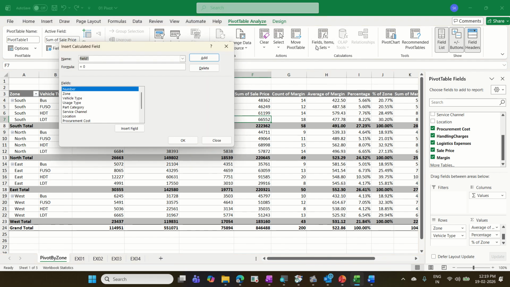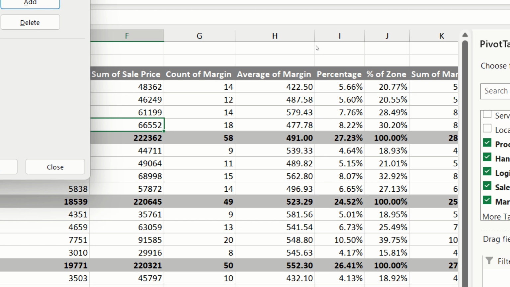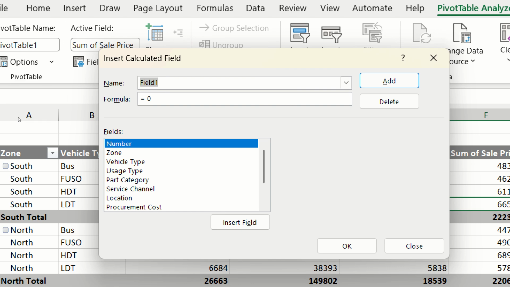It opens a dialog box. What could be the name of the field? For example, let us say the name of the field is tax value. I want to calculate what is my tax value. What is the formula? For example, let us say the tax is 18%